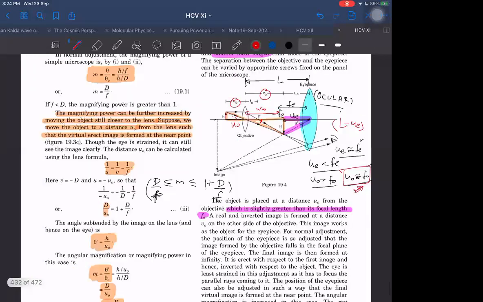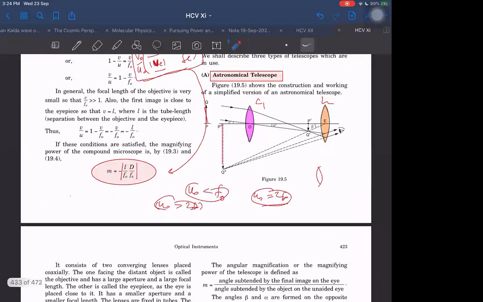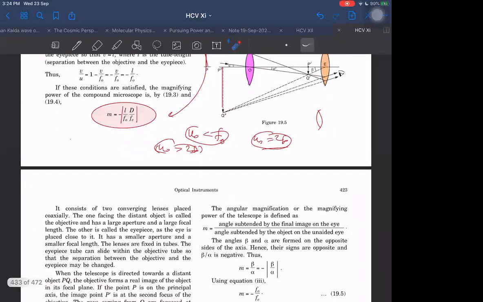These are applicable only when it behaves like a standard compound microscope. In a standard compound microscope, what are the conditions? The object must be kept nearly at F0, but a little beyond it, between F0 and 2F0. But if I don't follow that beginning condition itself, then obviously the image will not be formed in this way and the ray diagram will become different. Then we should not even call it a compound microscope. Even if they call it one, we can consider it as a combination of two lenses, and do it by the normal method, taking one image at a time from one lens, then again from the second lens. That method we'll use only.